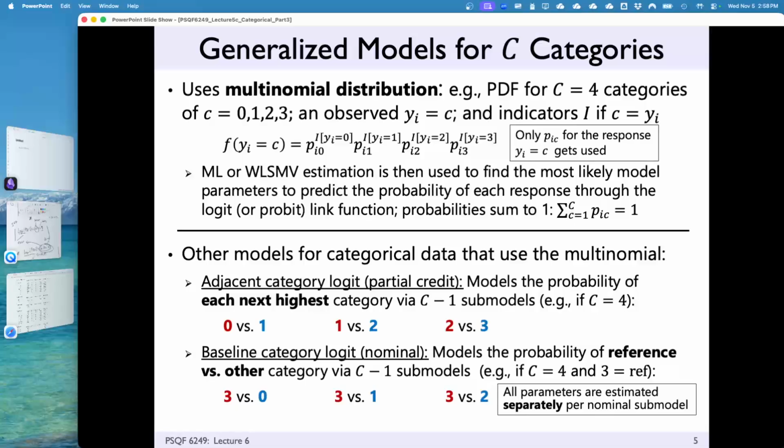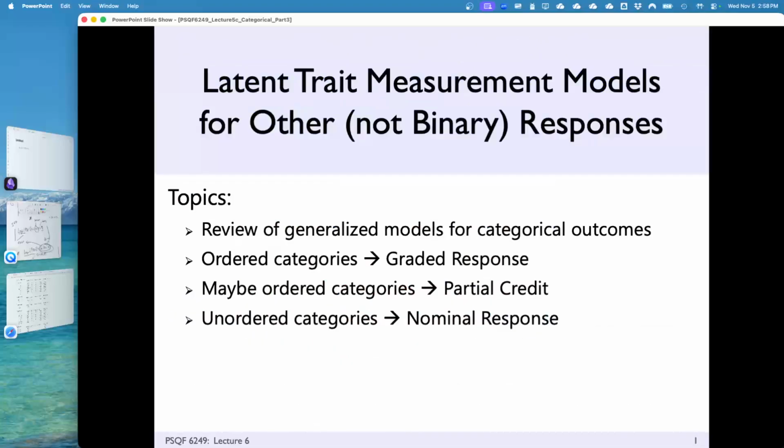This distribution applies regardless of the type of categorical data we're putting in, so long as the set of categories has a finite number. If I go back to the beginning of these slides, you will see these names: graded response, partial credit, nominal response. All of these make slightly different assumptions on how we get our probability of a correct response. Graded response says there's an ordered process. This says there's sort of an ordered process, and this says there's no ordered process, but they all use a multinomial distribution.